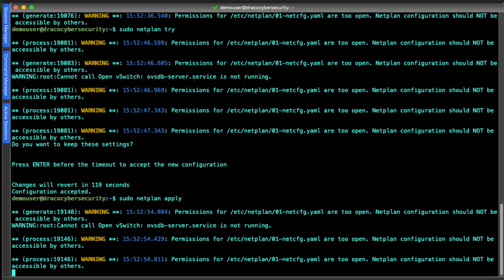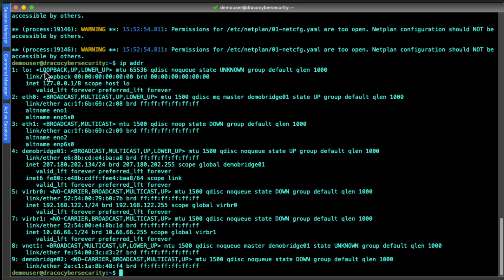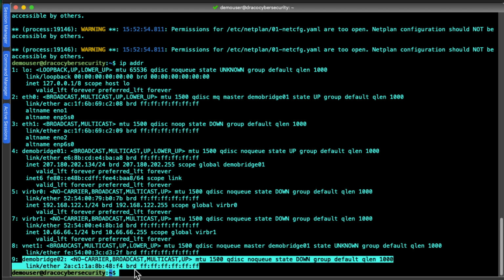I should see an IP address. I should see my bridge, demo bridge 02, right now created. Okay, so this is not the usual way you do it, but just as an example, since I already have demo bridge 01 configured, I have created the demo bridge 02 just to show you how to create